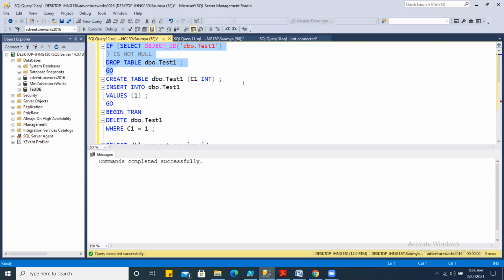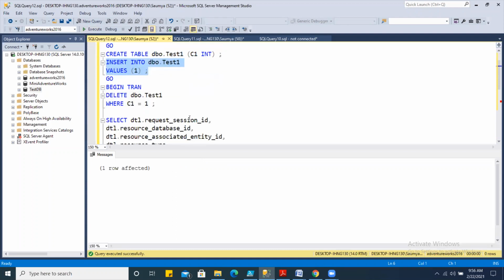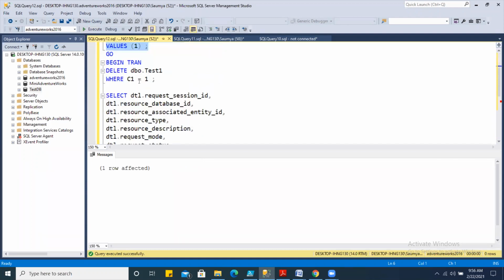If not, then let us create it. Create a table with only a single column, C1 of type int, and insert one value there. I have inserted it, and then we are trying to just delete this. But before doing so,